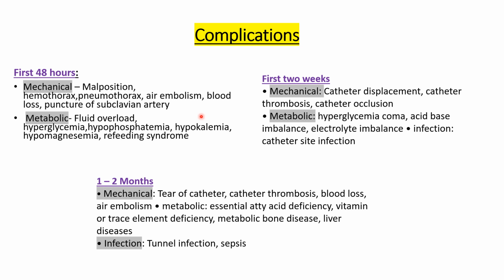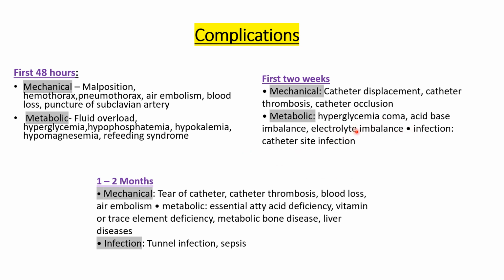Not only does it take glucose alone, but also potassium, phosphorus, and magnesium. So that's why you'll have fluid overload, and hyperglycemia, obviously, because you've given the nutrients or glucose, and hypophosphatemia because it's inside the cell, hypokalemia, and low magnesium, and this is just a symptom of refeeding syndrome. In the first 2 weeks you can have catheter displacement, catheter thrombosis, catheter occlusion, and metabolic complications such as hypoglycemia, coma,